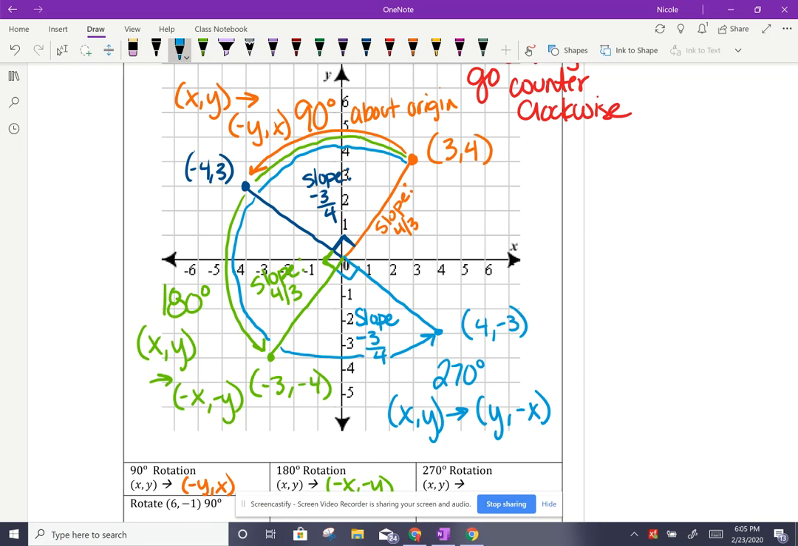Now what if I said to rotate another 90 degrees? Where do you think you would end up? I think you would end up right back where we started from. So if we take a look at what this does,